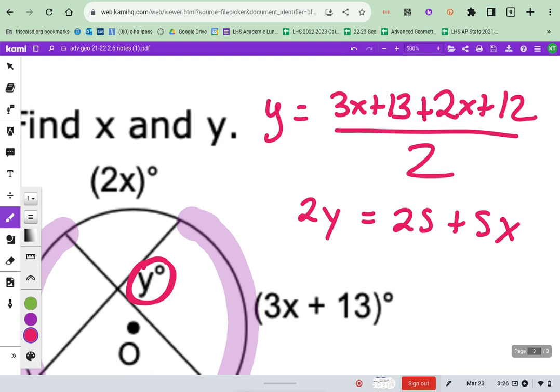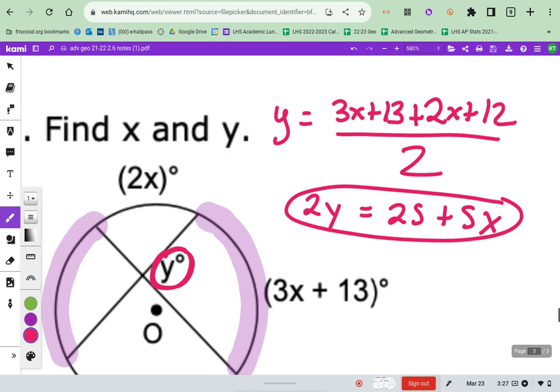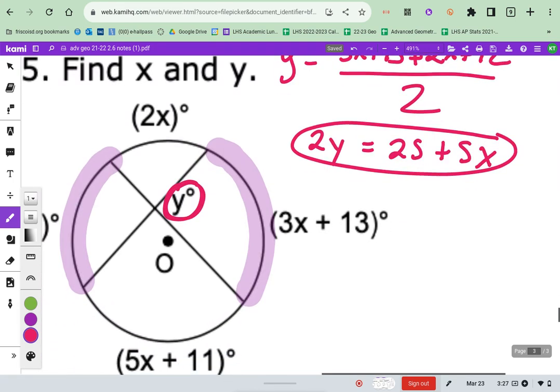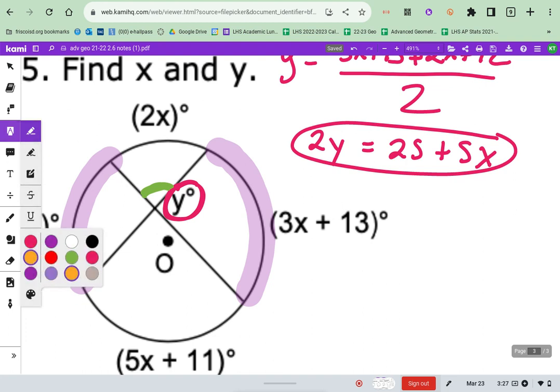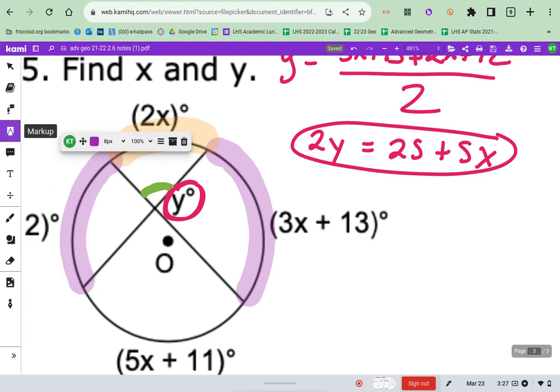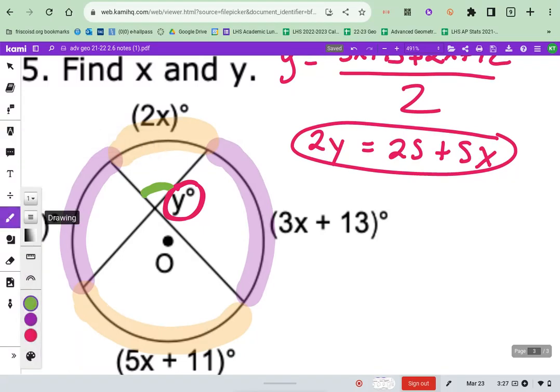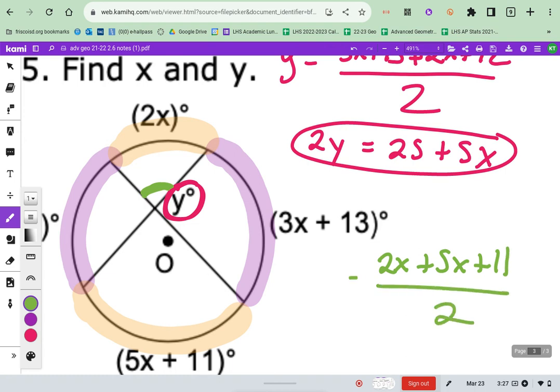So again, if you hadn't figured out we're going to solve a system already, if you see 2 variables in one equation, you should go, this might be a system. It's possible. Okay, I'm going to circle this one so I know what to come back to, and let's write our second equation. So now I'm going to be looking at the topmost angle on the inside, and I'll highlight the arcs that belong to that angle. So now I'm going to be adding together my 2x and my 5x plus 11. So 2x plus 5x plus 11 divided by 2 equals